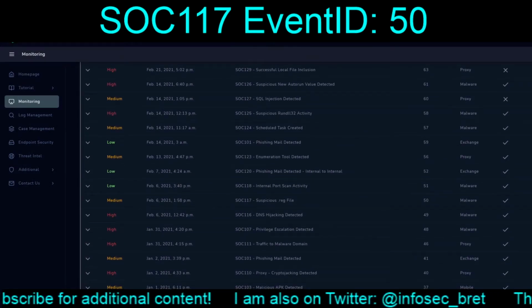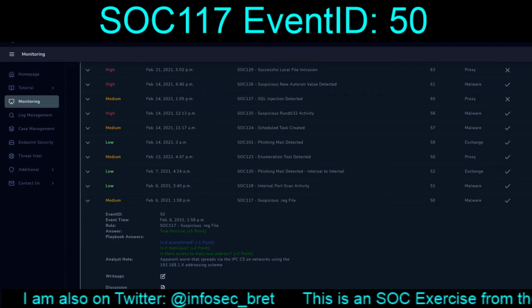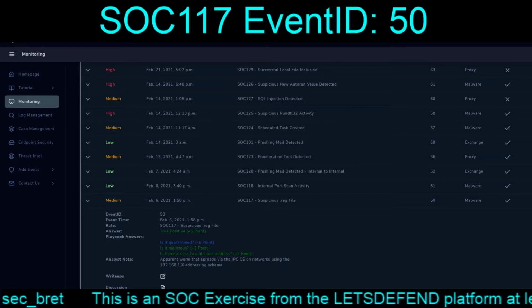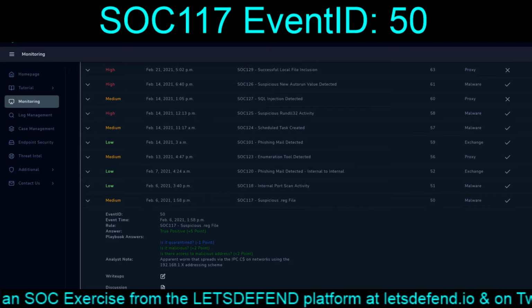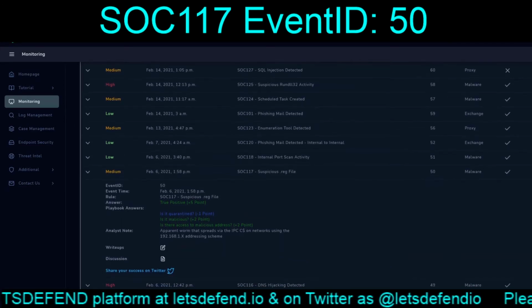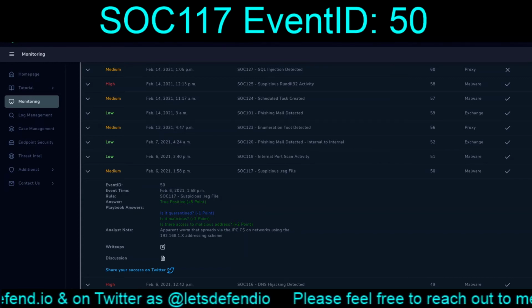And now we see whether we missed anything. Fairly certain I said that it wasn't quarantined, especially since device action was allowed. It just could be a small mistake in terms of the data set they're using. I will raise that up just in case. But as that exists now, currently, that is the completion of the SOC117 EventID 50 or suspicious .reg file alert